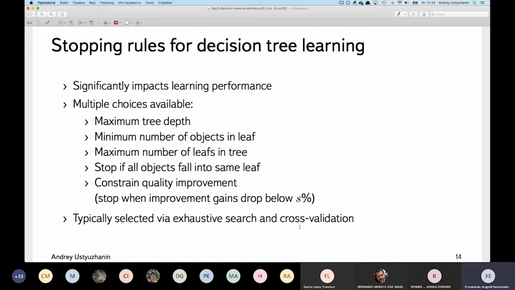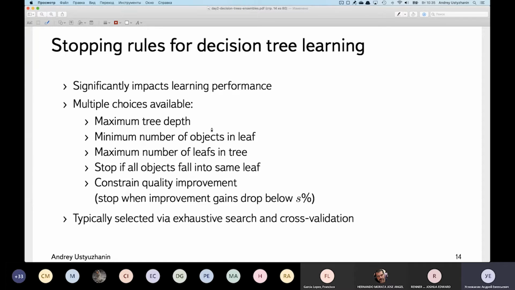And the final building piece of a decision tree is a stopping rule. It usually quite significantly impacts the learning performance, and there are many choices you can make. As I mentioned, the most popular is the maximum tree depth. Also, it could be the minimum number of objects in the leaf or the maximum number of leaves in the tree,